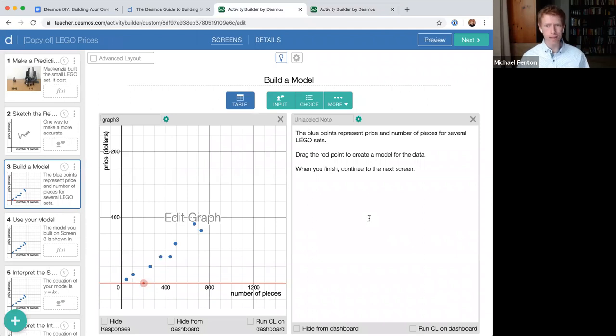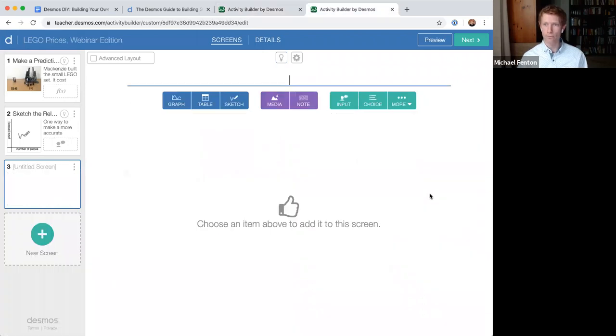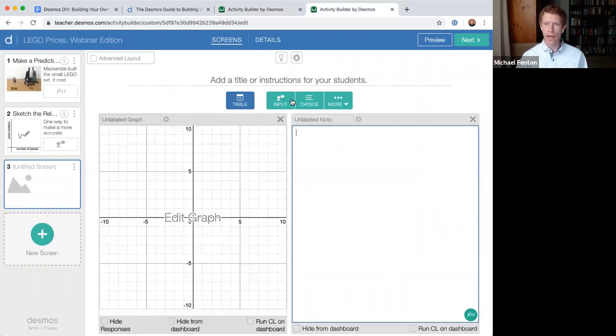Actually, I just have 2 main ones. On the left, I have a graph, and on the right, I have a note. So I'll go over here, graph and a note. And in fact, one of the things that I do as I'm building lessons is I don't start in Activity